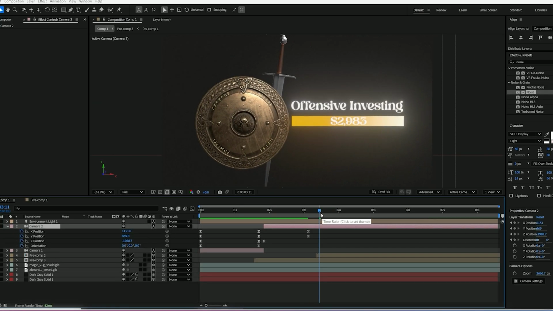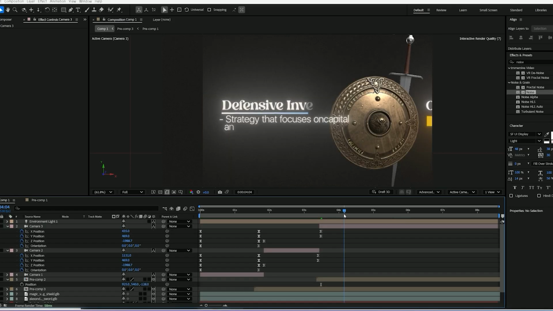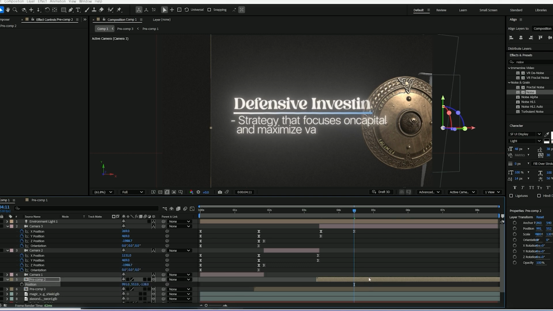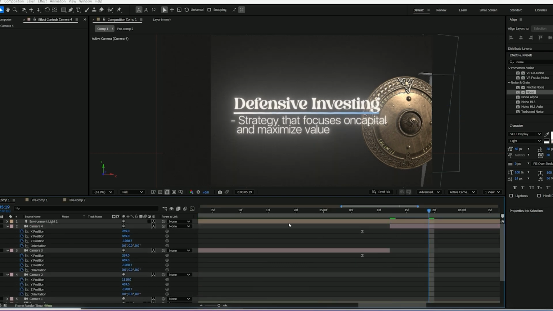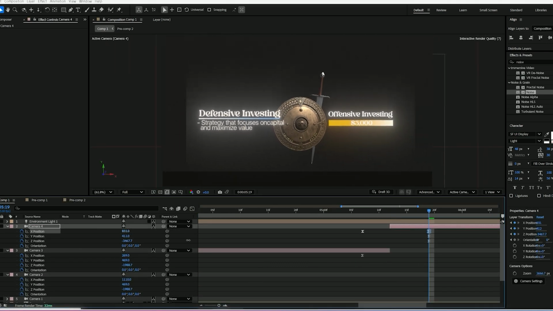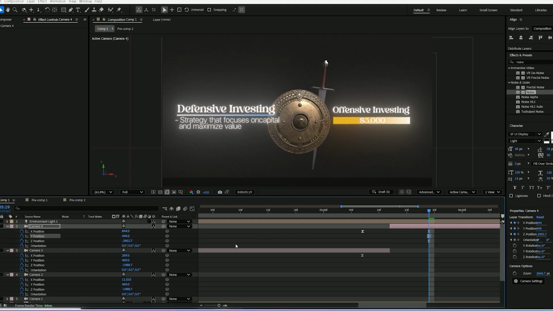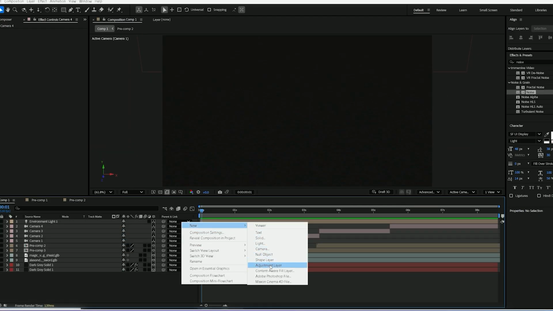Just slow down the video speed a little bit and see how I am playing with keyframes. It takes your time, but in the end, results will be outstanding. Again, split the camera when both animations end. Then move the camera back to the original position smoothly using the Graph Editor. Now it's time to smooth up the animations.